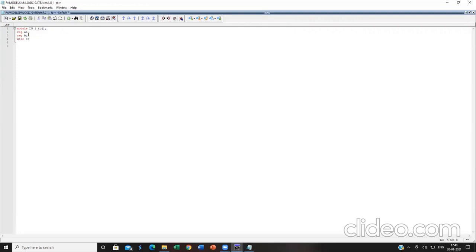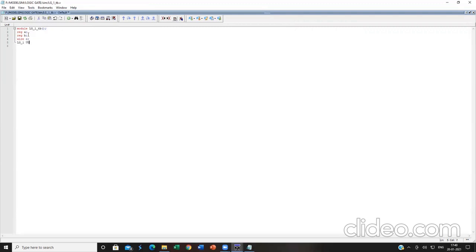So this test bench module does not know where I should apply this input and output given in this particular folder. So for that, what should I do? I must instantiate my RTL module over here. So how should I instantiate? Let us see over here. LG_1. This is the name of the module that I am going to instantiate.